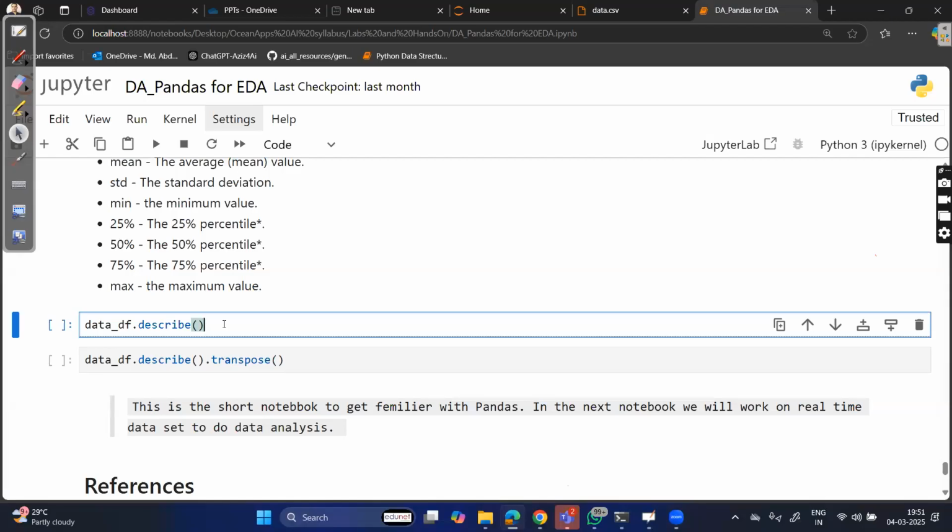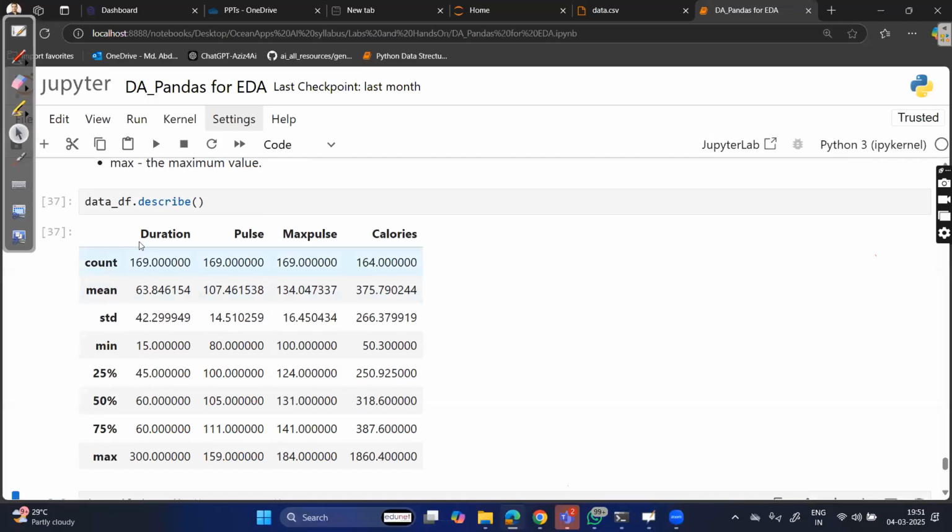All this information that you will be getting over here, that you can see is like a description of it, duration, pulse, max pulse, calories and all,